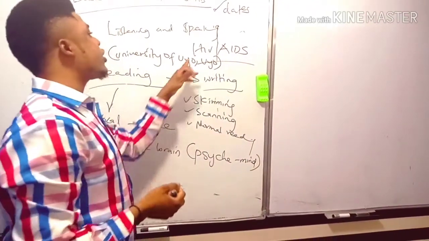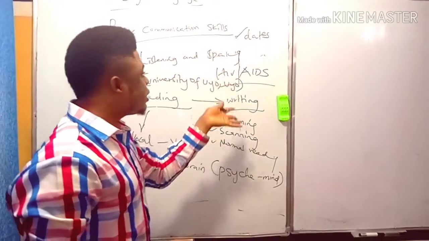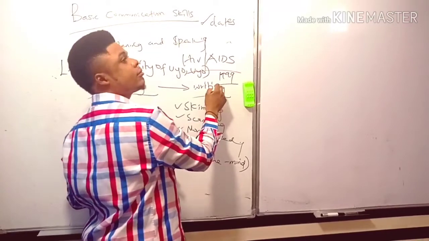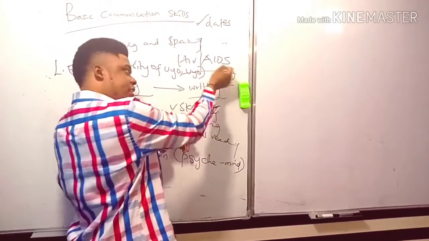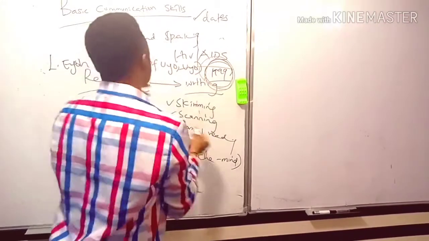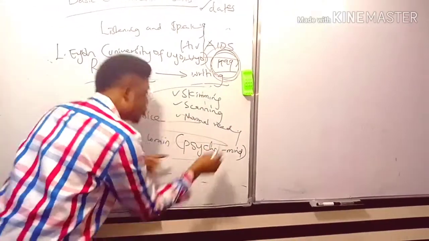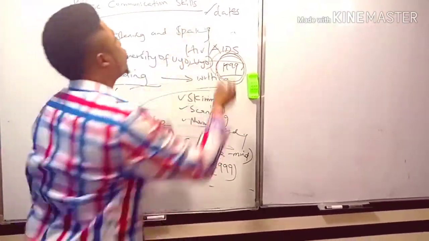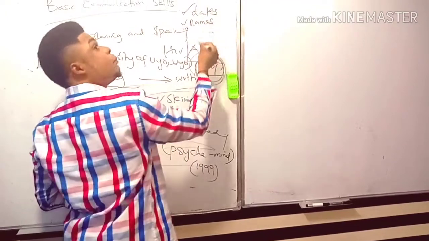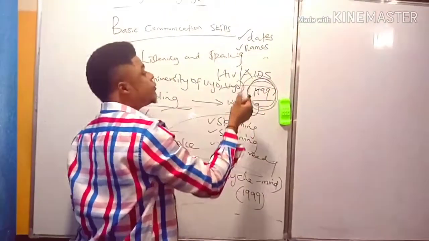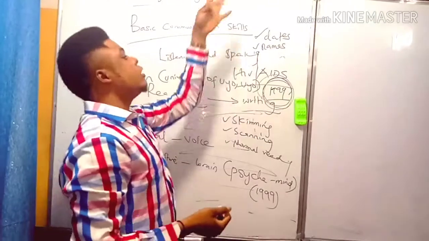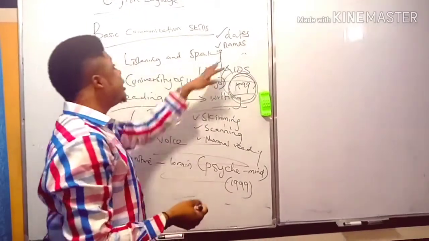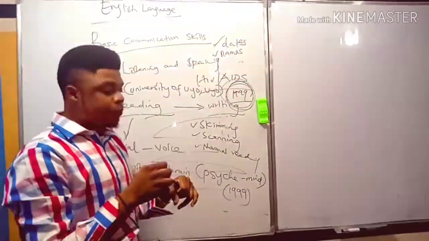That means that, let's say HIV and AIDS was first found in Nigeria in, let's say, 1999. So why are you scanning? You want to get these dates, 1999. So you just start scanning. You're scanning through till you get where you have 1999. You scan for dates. You also scan for names, important names. The first person that had HIV and AIDS, the name of the person might be there, how it came about. So you scan straight to get the name of that individual. So that is why you scan.